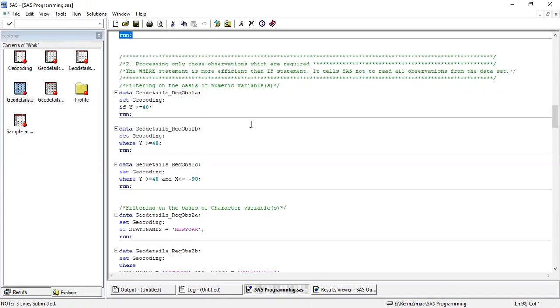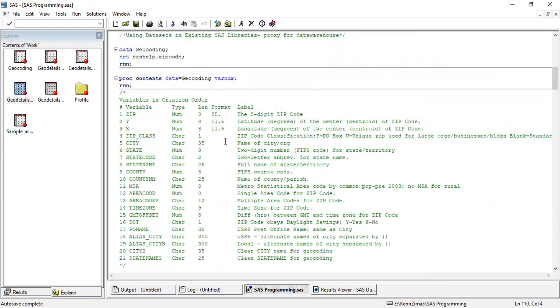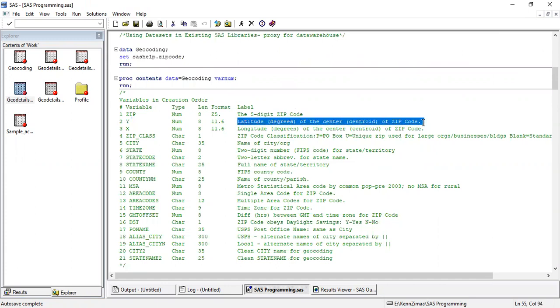Okay. Now, let's start with the if statement. So what is my variable y? Let's go at the top in my proc contents and see, this is my y variable and it is numeric in nature, and what it contains is the latitude of the center of the zip code.